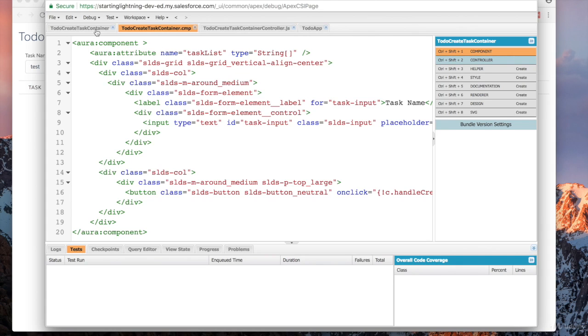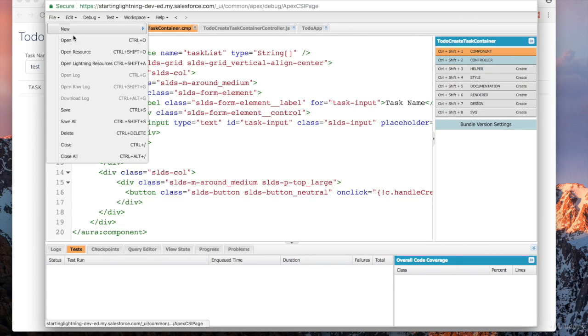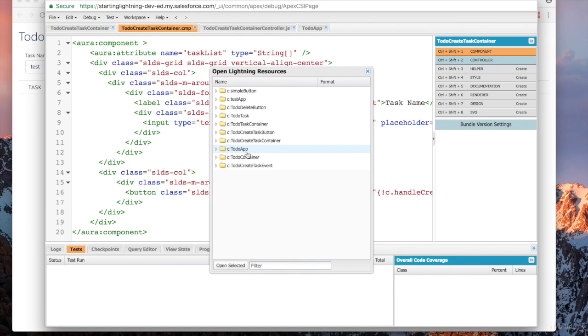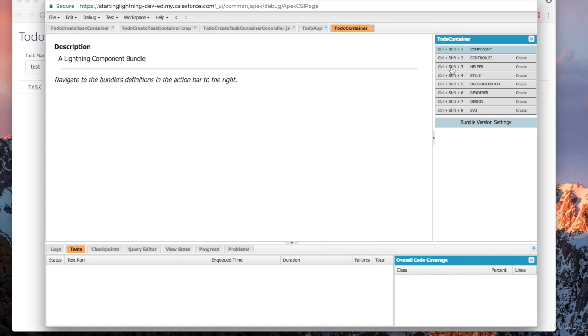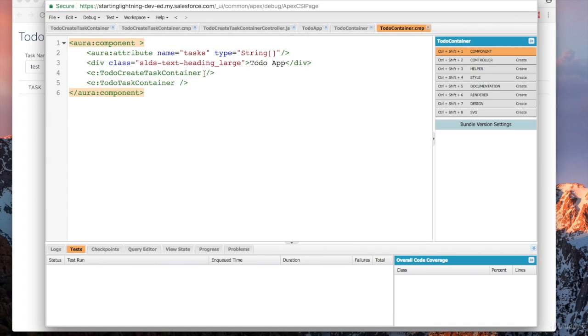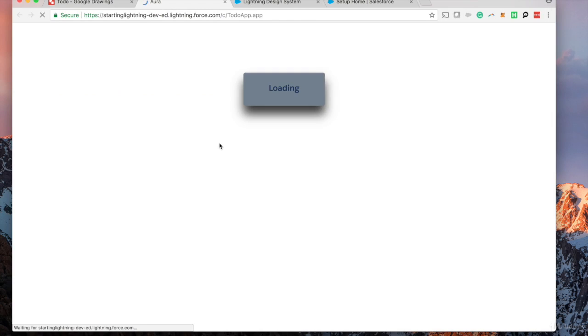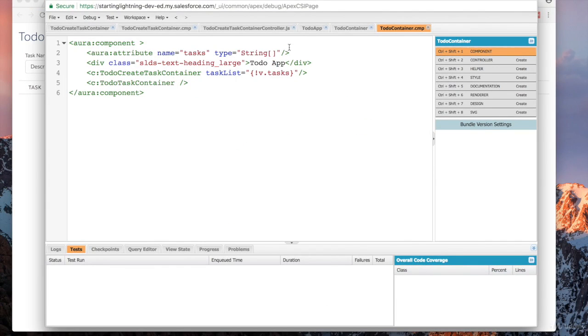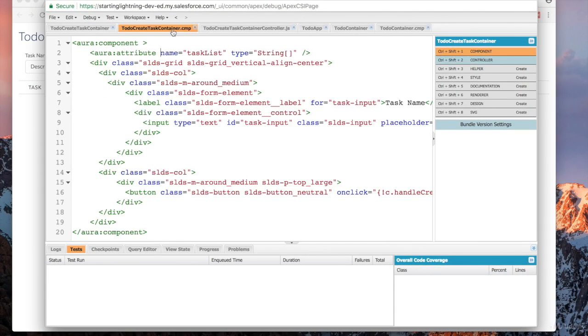Now we need to pass that. Let's go to the top level container. So to do container, and then we need to pass that down here. So task list equals v.tasks. And save that and refresh. Oh, save that, and then let's go back to our create task container